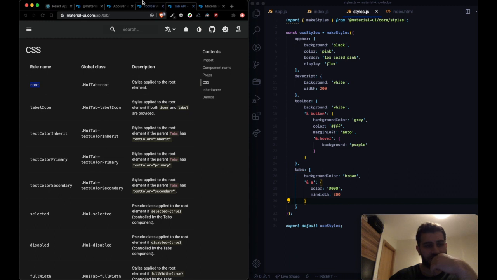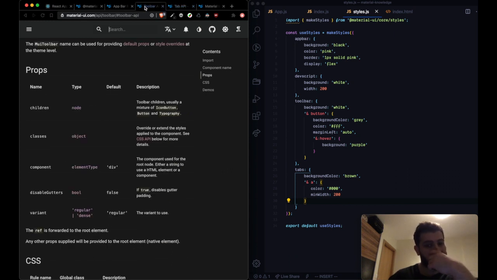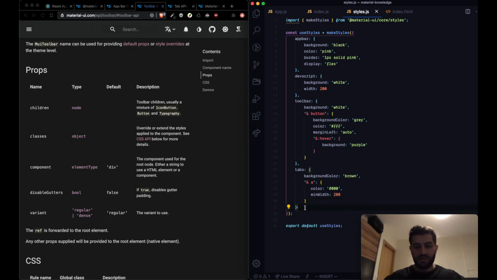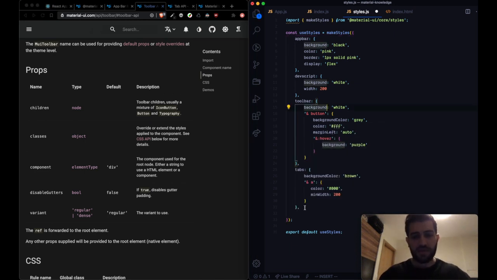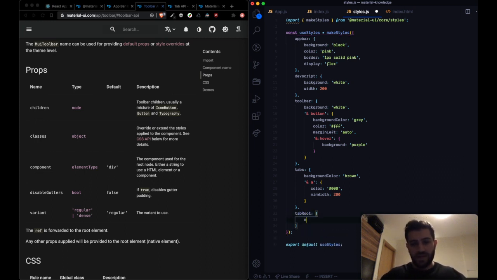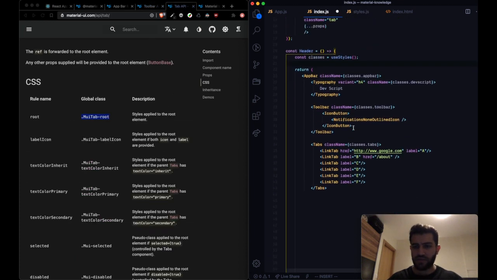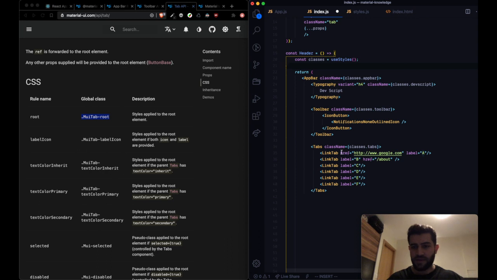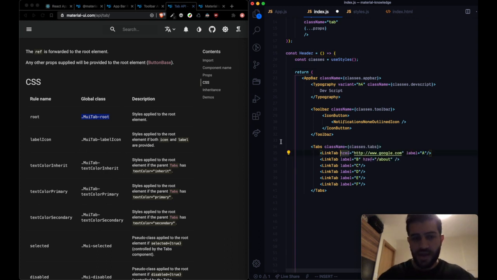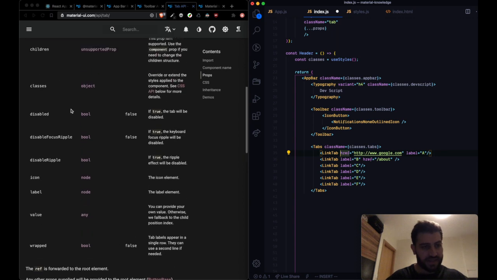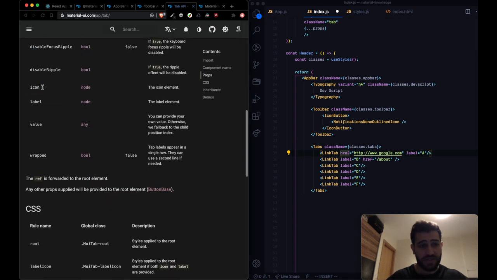So how would you use this? So to use this, I would create a new class, and I'm going to call it tab root. And in here, I'm going to set the width, or the minimum width, to 200. I'm going to save it, copy it. I'm going to go back, and we're going to use one of our tabs maybe here, and we're going to say, if you look here, actually, there is a classes prop, and this classes prop is used to override the